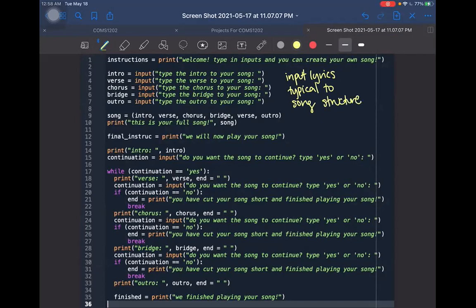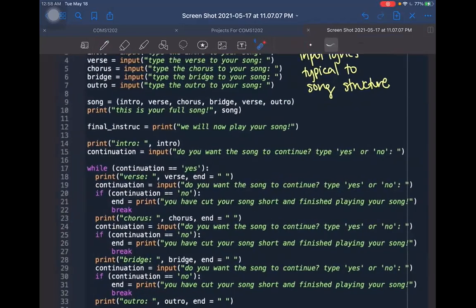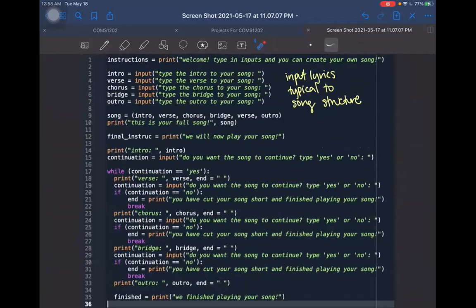Yes, and starting from line 12 right here, it prints the final instruction that we will now play your song, and this basically means that it will be able to play through your song and you'll be able to stop the song whenever you'd like to. So first we have print intro in the string form, and then the actual intro, which is the stuff that you inputted in line 3, and then I'll have a continuation statement which asks, do you want to continue, yes or no? And while continuation is equal to string yes, then we're going to print out this verse right here